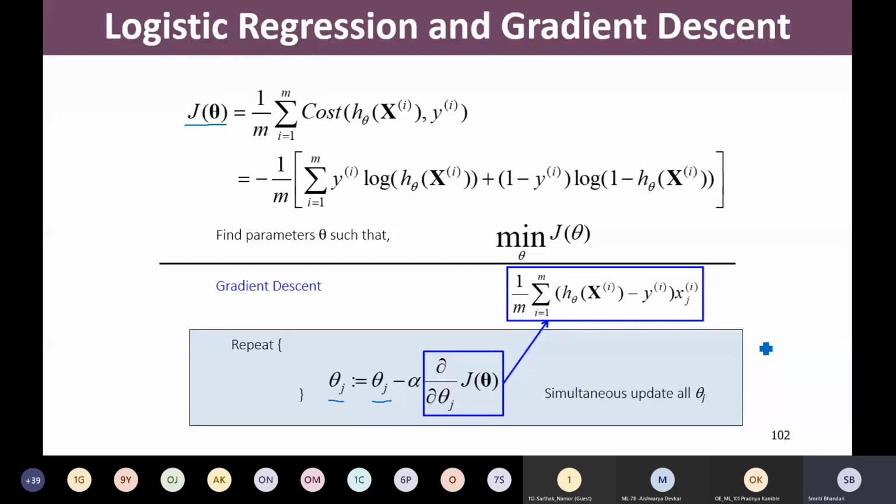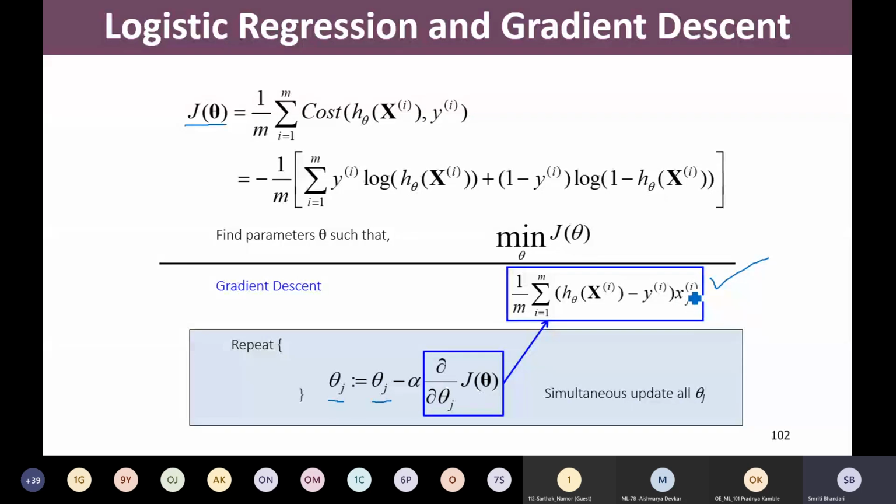If we try to compute, what is our g of theta? Our g of theta is this big expression. If we try to compute the partial derivative of this g of theta, once again we are coming up with the partial derivative that is given by this term: 1 divided by m, summation over i equal to 1 to m, (h theta of x i minus y i) into x j i.